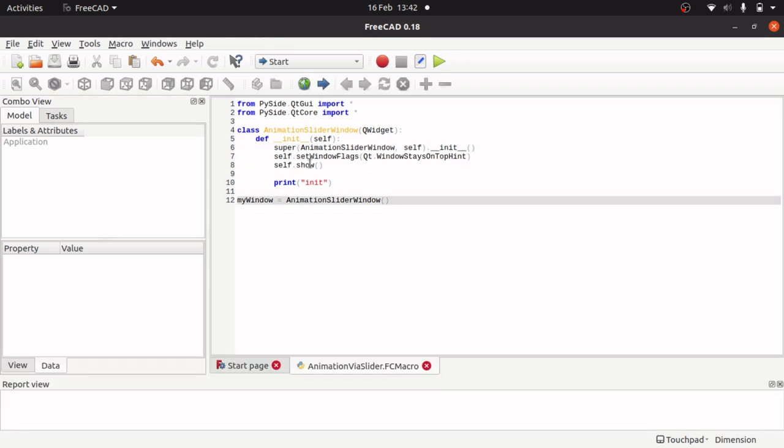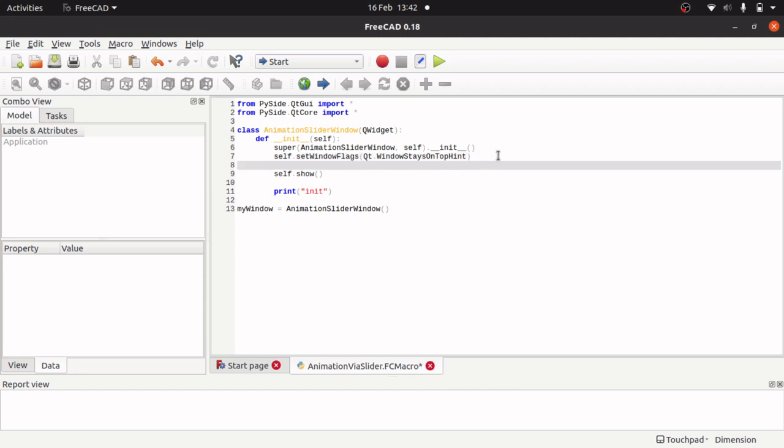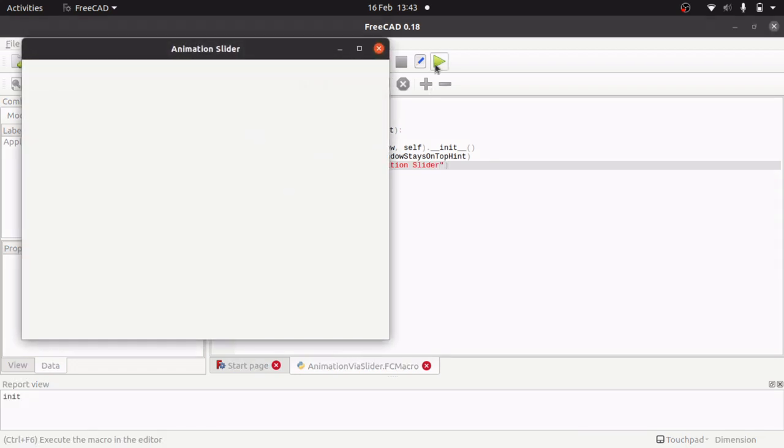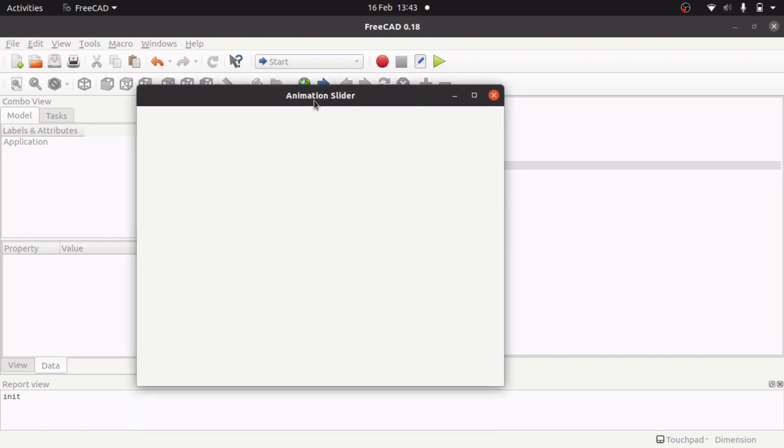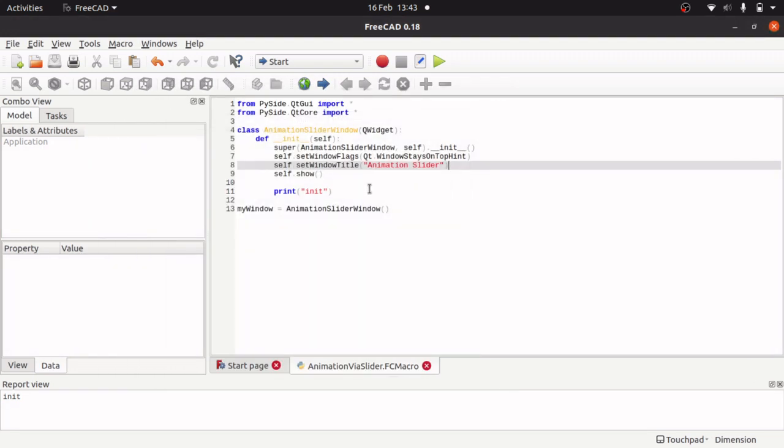So we've got our window. Let's give it a bit of a title as well. So self.setWindowTitle, and then we can give this, I'm going to call it animation slider. That just gives it a title. So we've got our basic window there with a title, and we can actually start filling that out with our